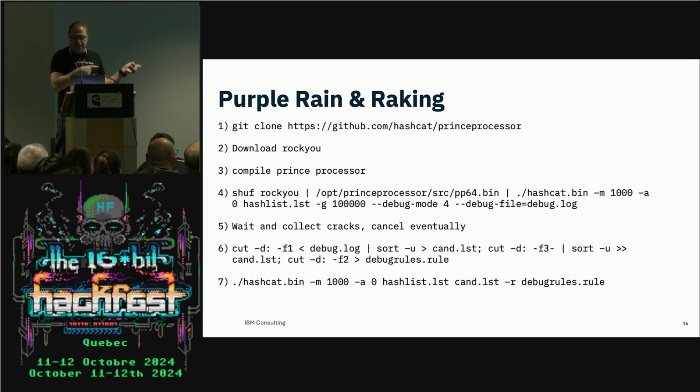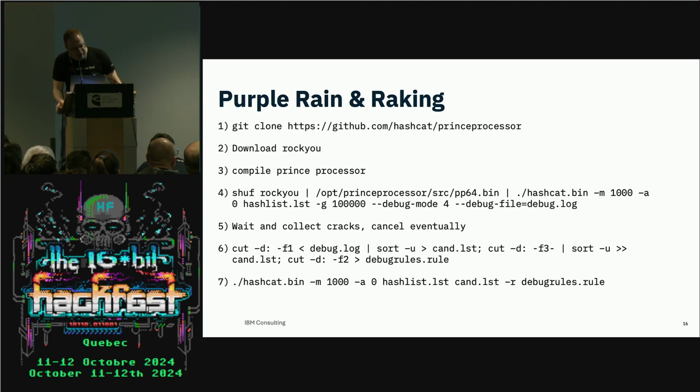I turn on debug mode, which basically captures the rules, the input, and the output. What that'll do is means I can go re-abuse these later on. Put that out to an output log. So you do your cracks, wait a couple hours, go grab a cup of coffee, you know. If someone asks what you're not doing anything at work, say, oh, I'm sorry, I'm cracking hashes, waiting for them to go. You know, you've got your excuse.